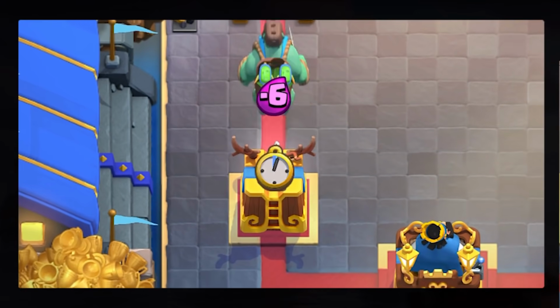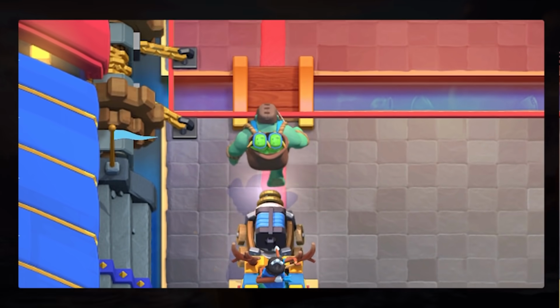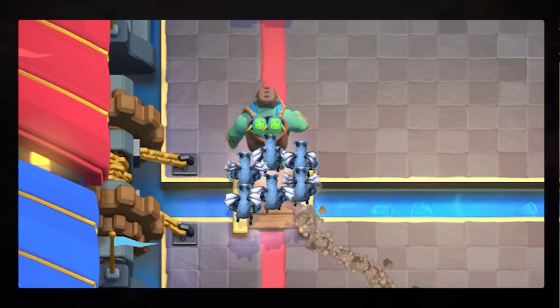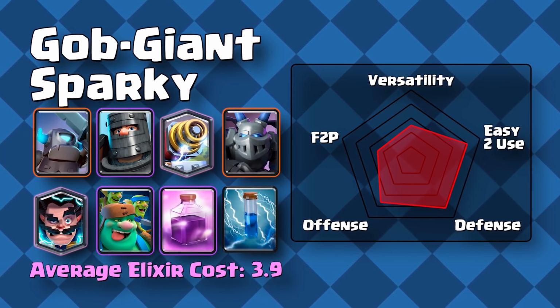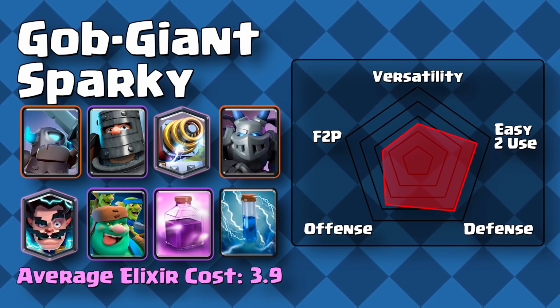The support cards you'll need for the Goblin Giant are very niche. You're pretty much only going to see him in some Sparky decks, a few double Prince decks, as well as maybe a couple of minor bait ones. The deck I'm sharing today is a Goblin Giant Sparky deck. Very effective, and in combination with the Rage spell, it just speeds up that Goblin Giant and is very difficult for